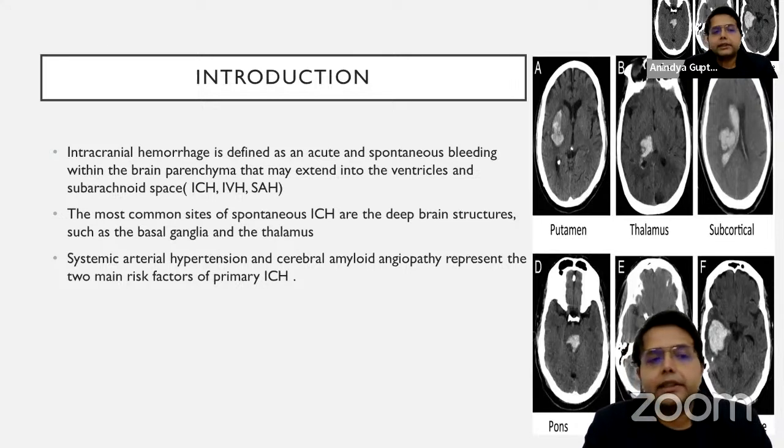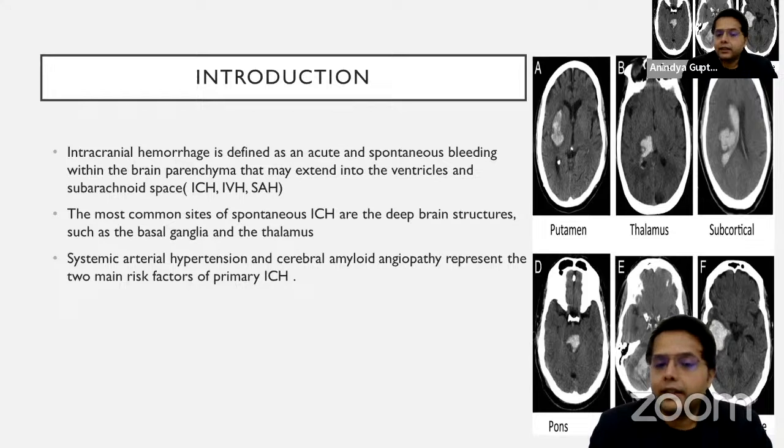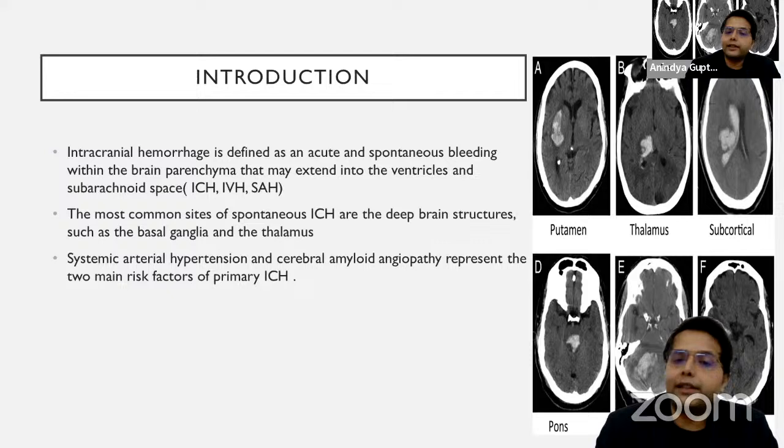So, what is a spontaneous intracerebral hematoma? It is defined as an acute and spontaneous bleeding within the brain parenchyma that may extend either into the ventricles or into the subarachnoid space as well. The most common sites of spontaneous ICH are generally the deep brain structures, such as basal ganglia and thalamus, and hypertension and old age associated amyloid angiopathies represent the two primary main risk factors of primary intracerebral